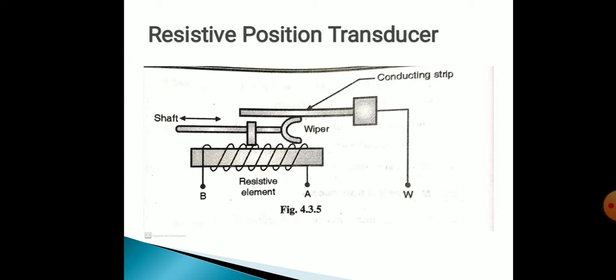As shown in the figure, it uses a resistive element and a sliding contact, that is the wiper. This is linked with the object being monitored or being measured. The resistance between the slider and one end of the resistance element depends on the position of the object. The output voltage depends on the wiper position and is therefore a function of the shaft position. This voltage may be applied to a voltmeter calibrated in cm for visual display.